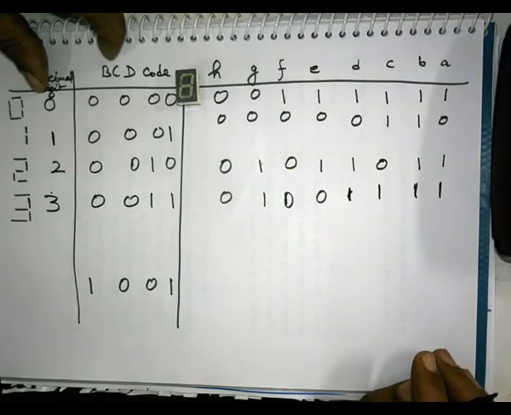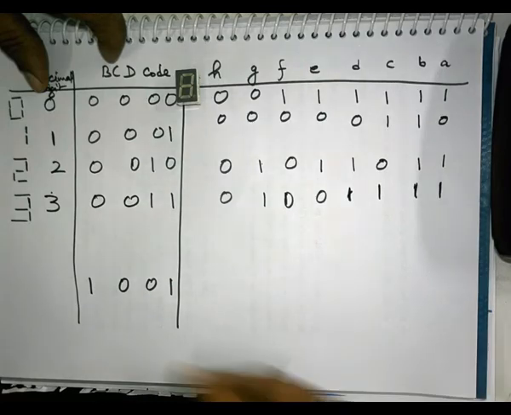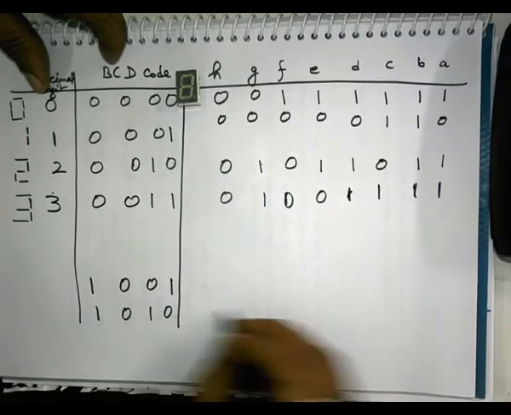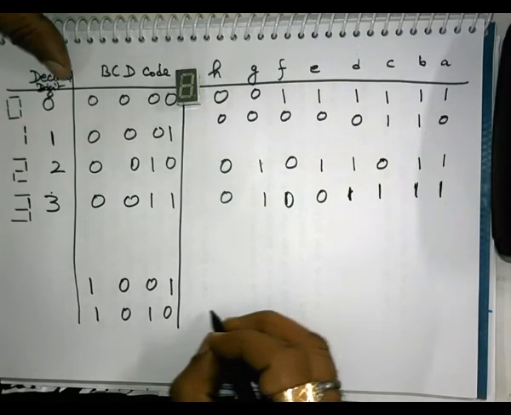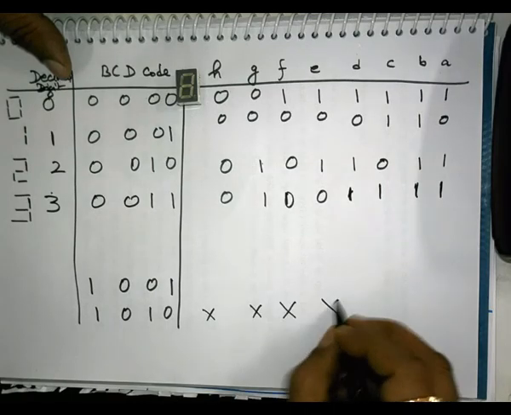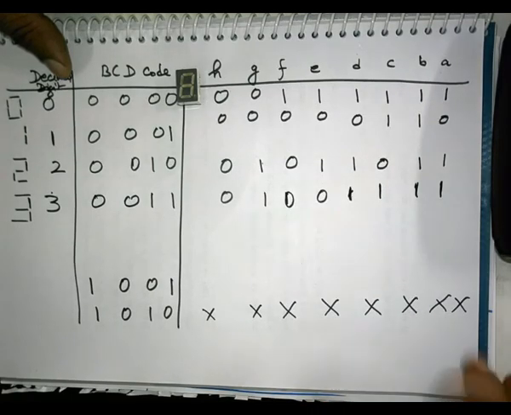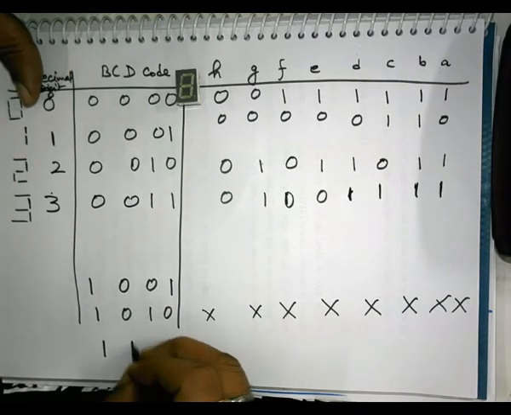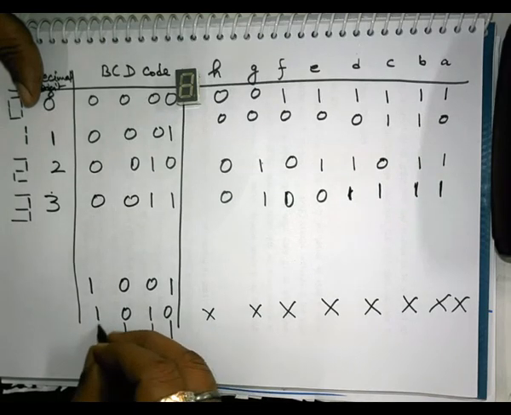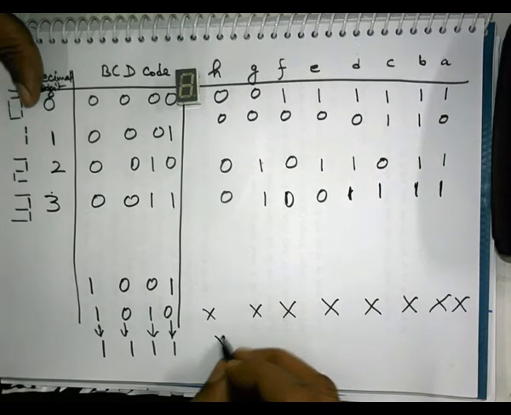1001, because you are going to display 9. Okay. And after 9, input may appear. That input becomes 1 0 1 0. But output is not going to display 10. So output could be anything. Means the output will be don't care at all the positions. Got the point? Now it is 0 or 1, it is not a matter. Up to where? Up to 1 1 1 1. This is the situation. Don't care.